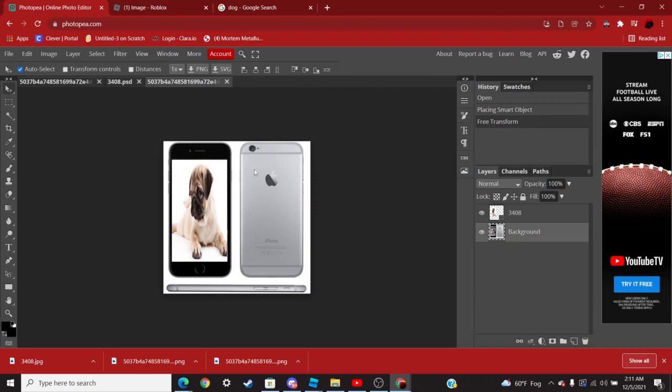So now we have our phone retexture. This phone retexture will be used in the next video to apply after we